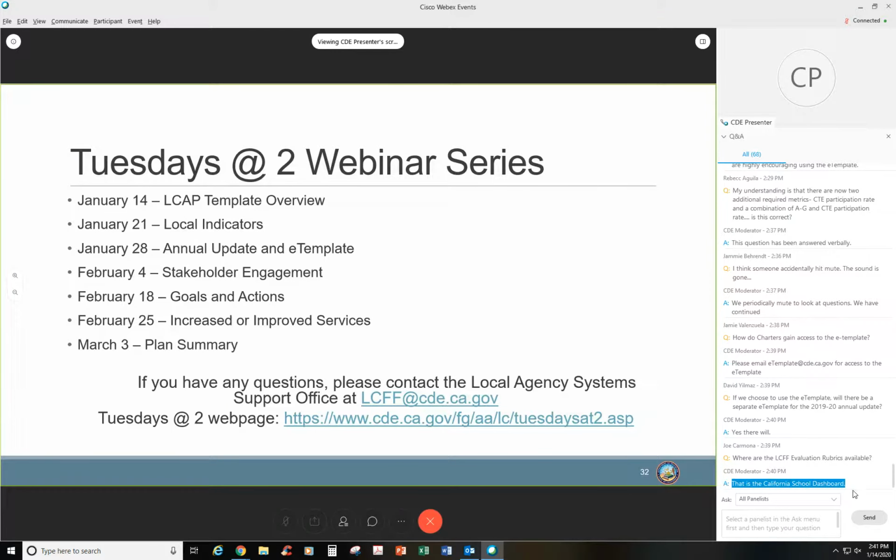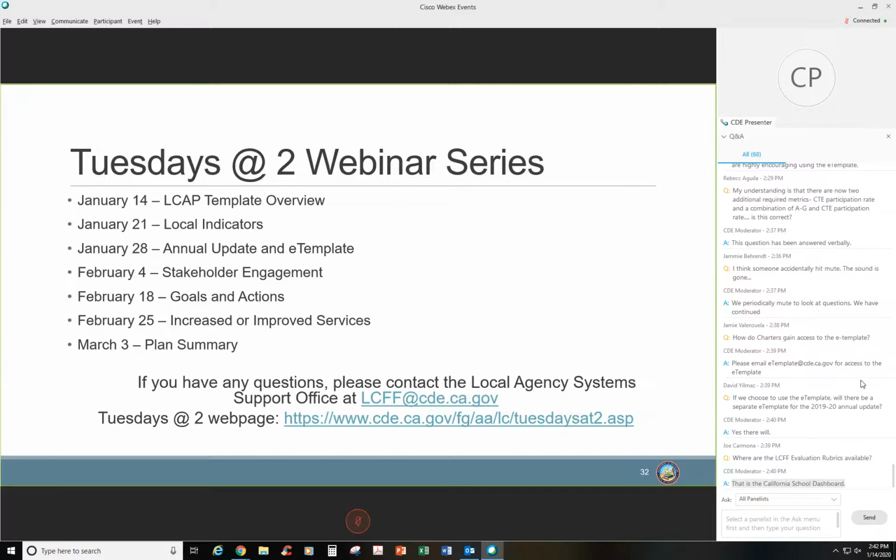We'll be sending that out, but for posting purposes, the budget overview for parents would be first, as it's a cover sheet for the LCAP, but you would combine it into one document, followed by the 2019-2020 annual update with instructions, then the plan summary, then the stakeholder engagement sections, goals and actions, increased or improved services section, the expenditure tables, and then the instructions in their entirety.